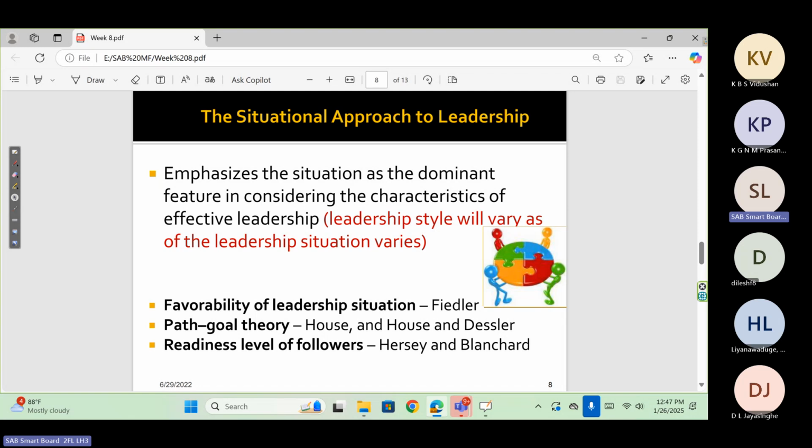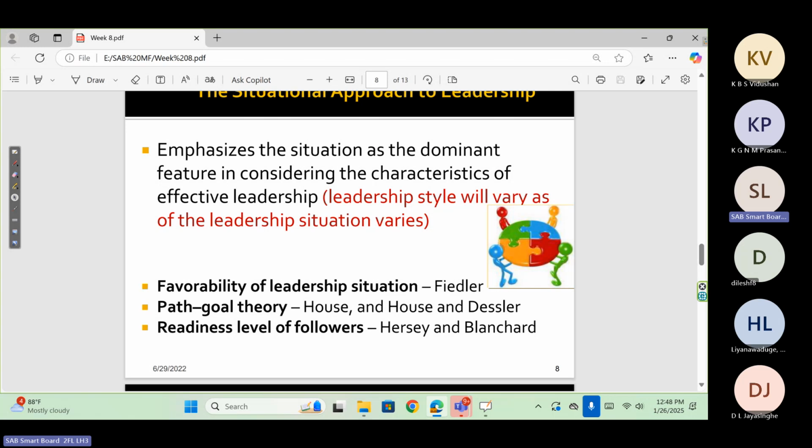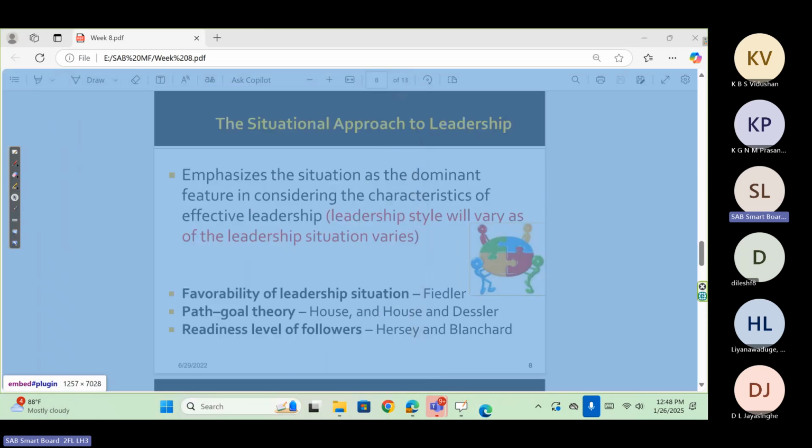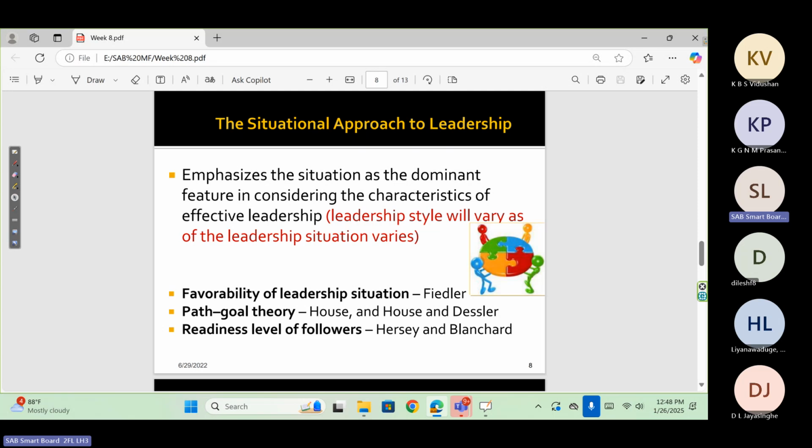These are the popular situational theories, but I am considering the last one here, Hersey and Blanchard's situational leadership theory. That is more practical, I think. Right. Then in the next slide, it comes. You can refer to other things. Maybe when you do organizational behavior in another semester, that lecturer will consider the other situational theories also, or only this sometimes.